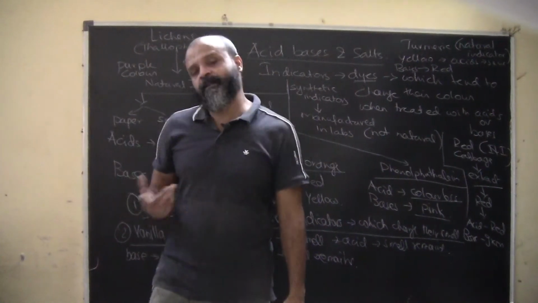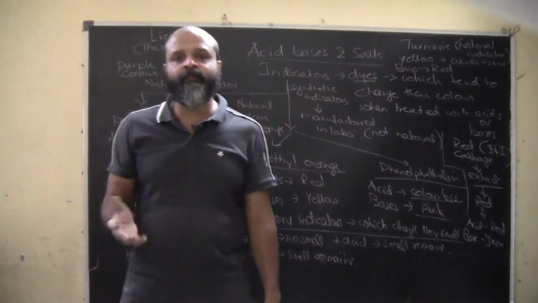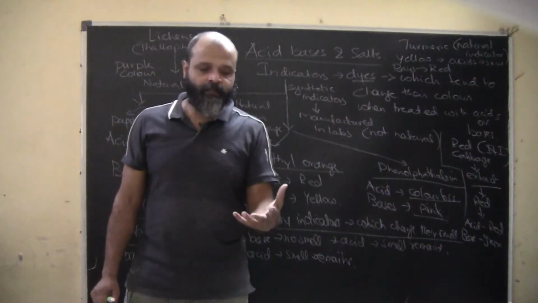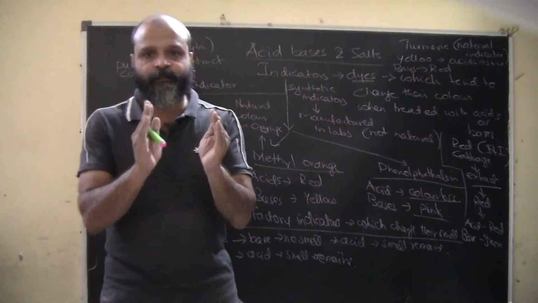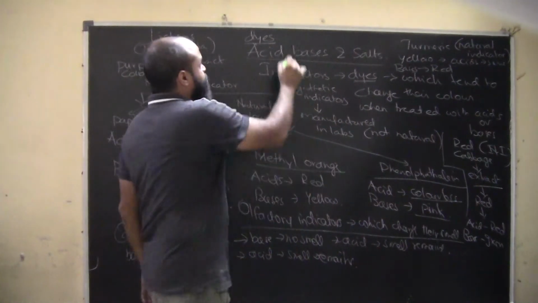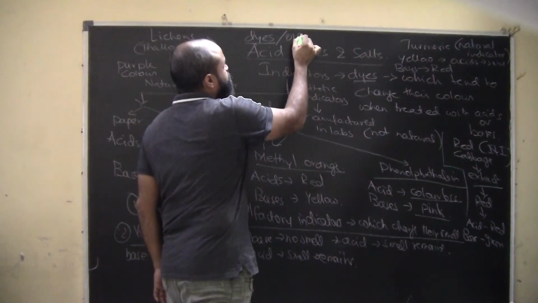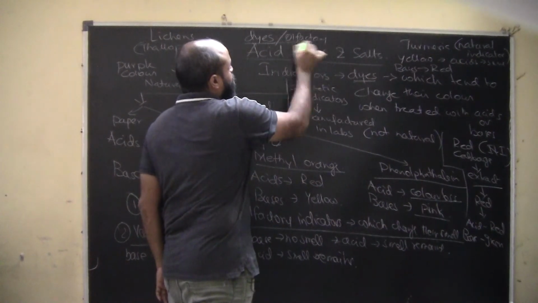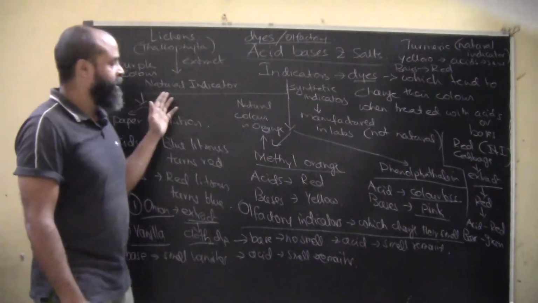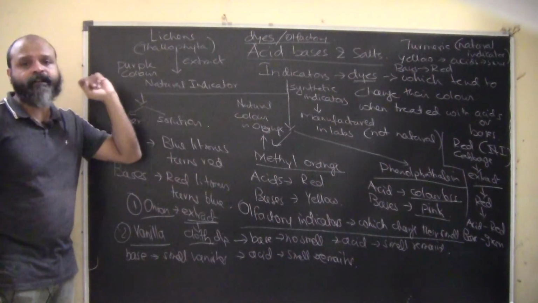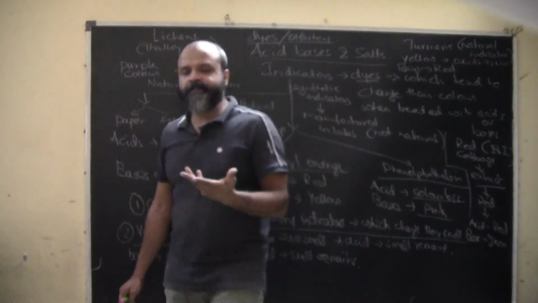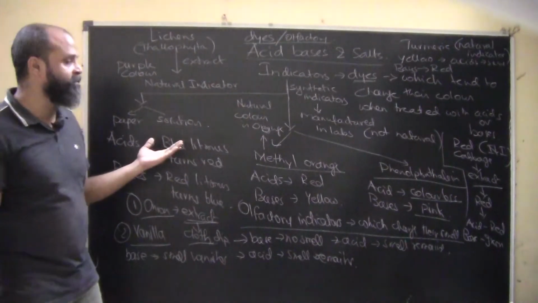Now some are natural, some are synthetic; some are naturally derived and some are man-made. Talking about the dyes, some are dyes which change their colors, and some are olfactory which change their characteristic smell. Among the dyes, litmus is a natural indicator, and turmeric is a natural one. However, litmus is most widely used in labs. Litmus is derived from lichens, species of Thallophyta.